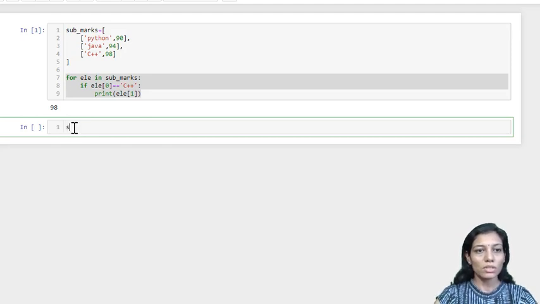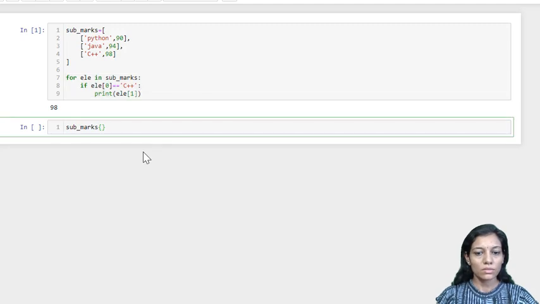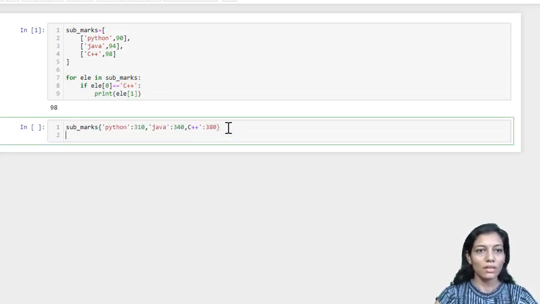So I am going to take sub_marks as a dictionary, and within that I am storing all my elements. I am just copy pasting those elements, and now if I want to print the marks of my subject C++, then I am supposed to give the key in which I am interested in. So here I am interested in C++.